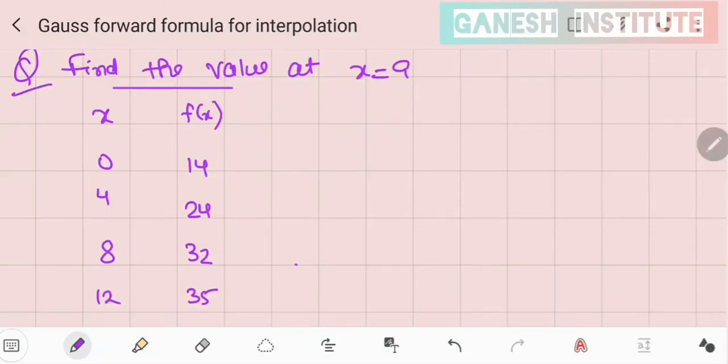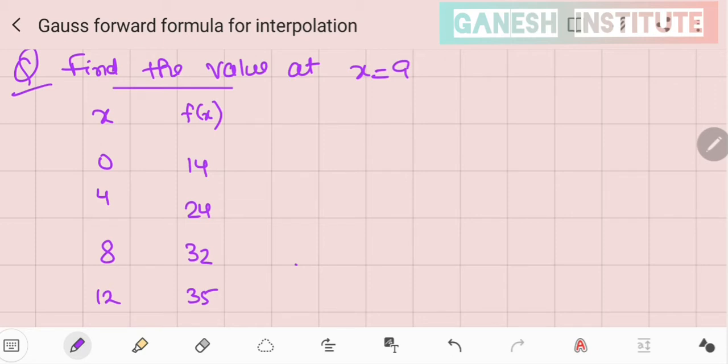So in this video we are going to discuss Gauss forward formula. As of now we have studied what Newton's forward formula is, how to get values from it, and what Newton's backward formula is. But in both of those we have been finding the value from anywhere. It may be the last second value, but what if you need to take the central value as the base value?